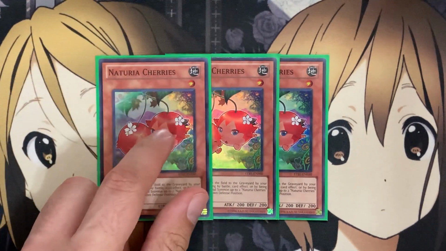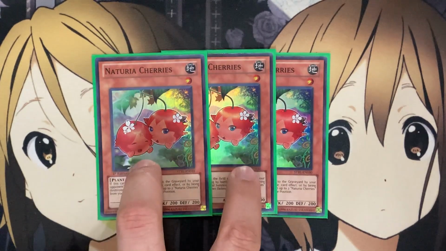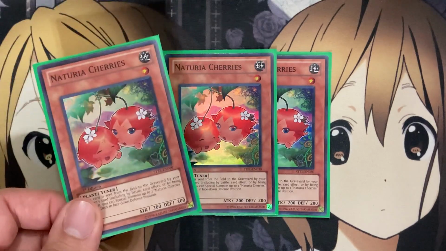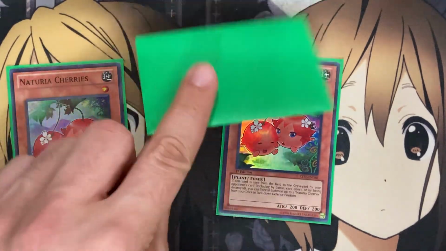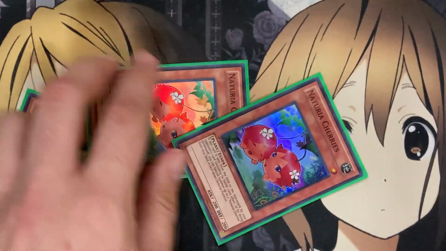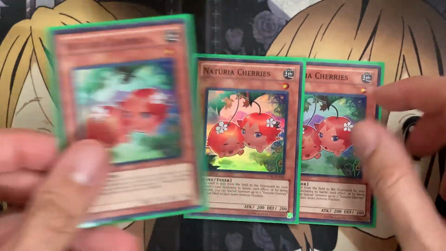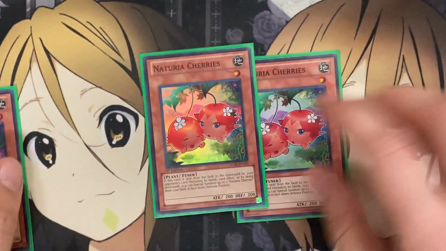The biggest weakness, and I've said this through all of my Naturia deck profiles, is when you open up 2 cherries in your hand. Just having the one option of a leftover cherry in your hand to special summon off of Naturia Pumpkin, and then setting the one other cherry just for it to be destroyed, only gives you 1 cherry resource. If you open up with just the 1 cherry in your hand, your opponent will at least destroy it and give you 2 more cherries on the field,